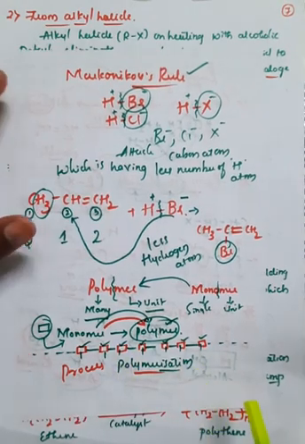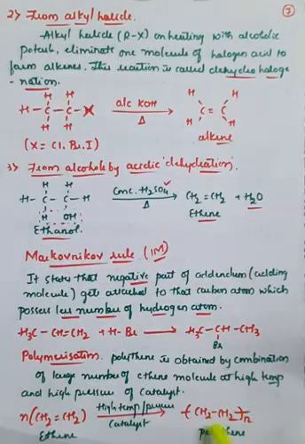With the help of polymerization, we can prepare polyethene. We have taken the example of polyethene. So ethene, on continuous polymerization, that is in presence of high temperature as well as pressure and a catalyst, can be converted into polyethene, right? So this is one of the important reactions in case of alkenes, right?